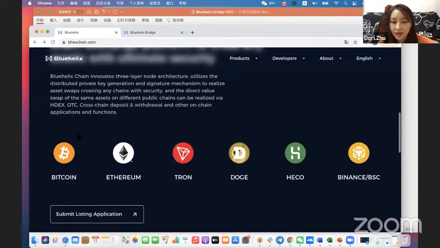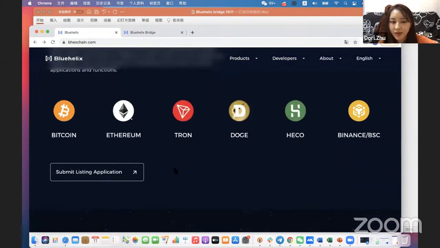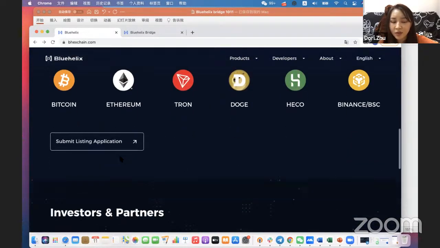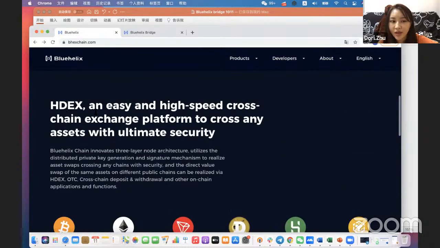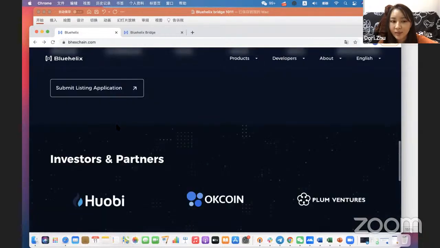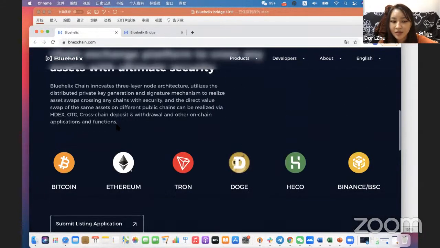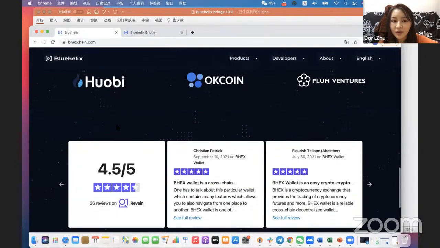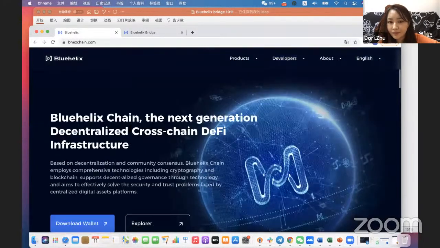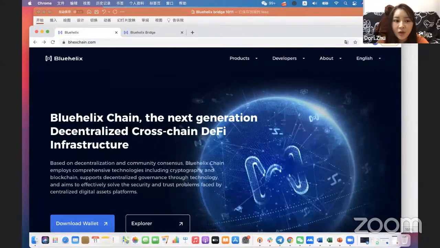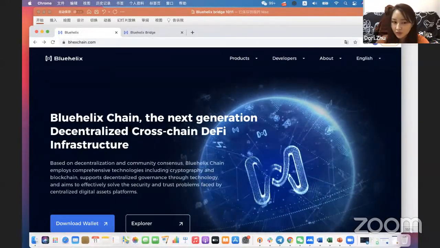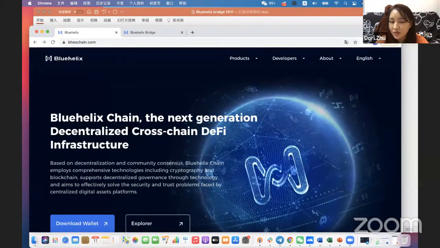You can check our website here, and we have HDX and an easy cross-chain exchange, and we will be listing some projects in the future. So that's all about our cross-chain bridge. If you have some questions, you can ask now.